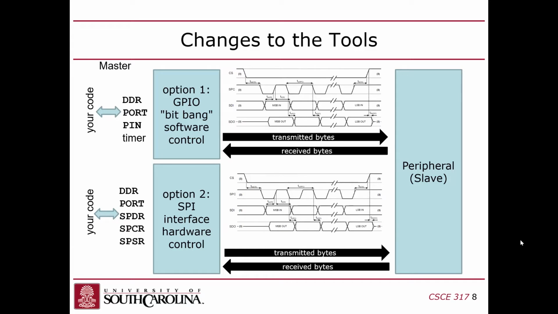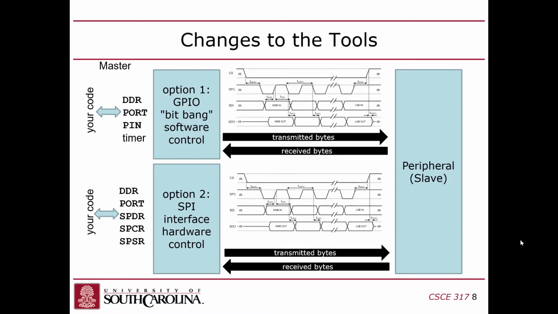The second option was to use the hardware capabilities of the 328P to control the SPI channel, in which case the software only needed to control the slave select or the chip select pin. So you still needed to use the DDR and the port for that. In that case you would have to use the specific pin that was set up for the slave select, which I believe was on the port D. But anyway, the software would still control the slave select, but the hardware would take care of sending the bits